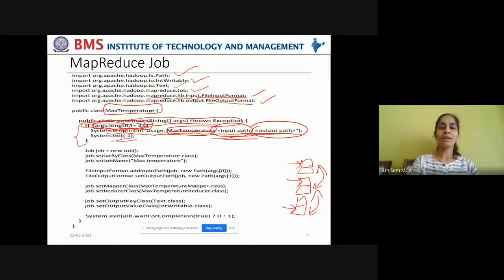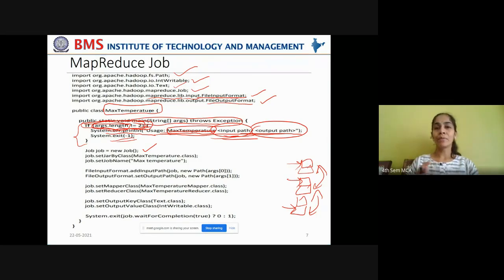Now, okay, you handled what would go wrong in the initial stage. After that, if everything is fine, if the user invoked this program by giving the input path from which the data has to be read for processing and the output path to which the final result has to be written, now everything is fine. Now, what has to be done? First, you have to create a job instance. You're going to create a job that has to be run. So you're going to create one particular job for the MapReduce